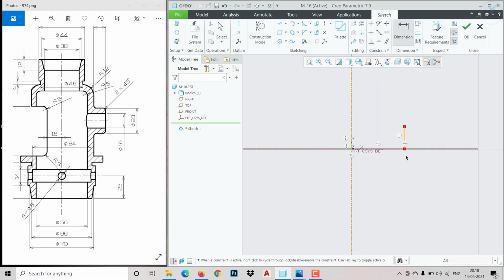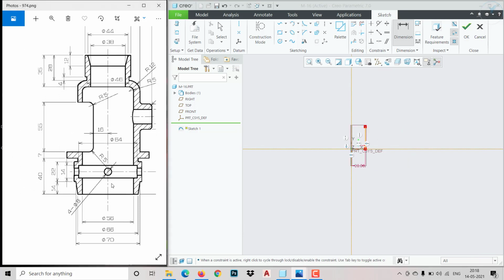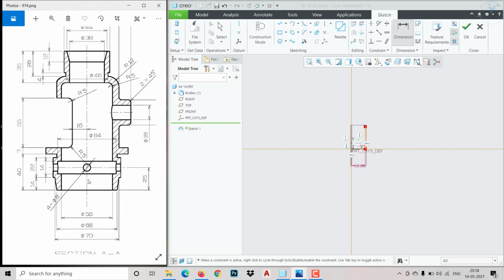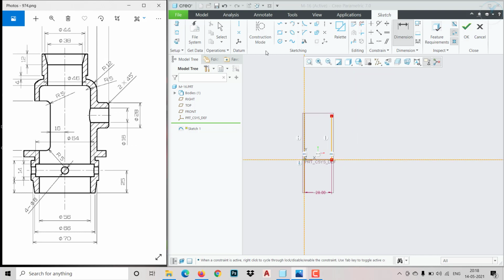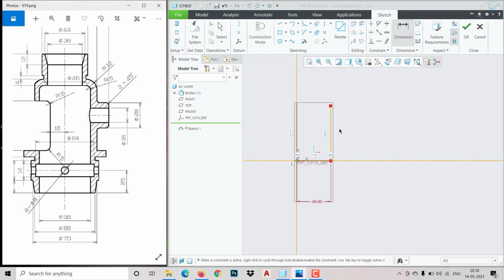This distance is 56, so it would be 28. The height we don't require now; later we can give the height. Okay, fine. This is 28, so let me bring it a little bit down.